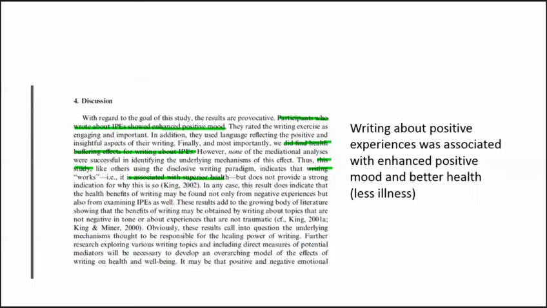Your notes on the article summary template should include at least the information included in the example in this slide. Remember that Burton and King's goal and hypothesis were related to positive writing, mood, and physical health. They predicted that writing about intensely positive experiences, IPEs, would result in enhanced positive mood after writing and decreased health center visits for illness. The first highlighted segment addresses the first portion of the hypothesis and indicates the hypothesis was supported. Writing about positive experiences was associated with enhanced positive mood.